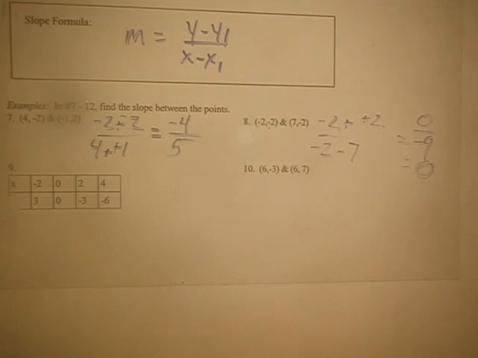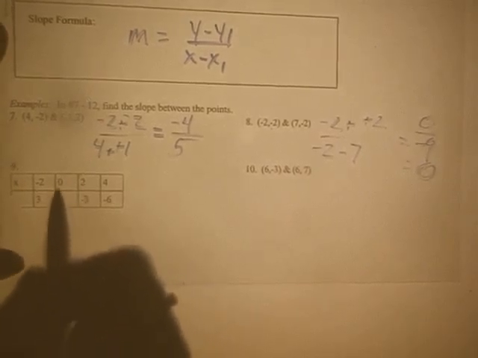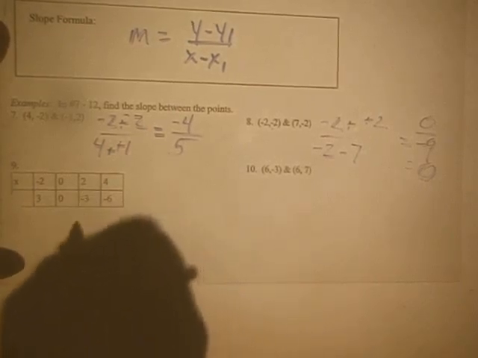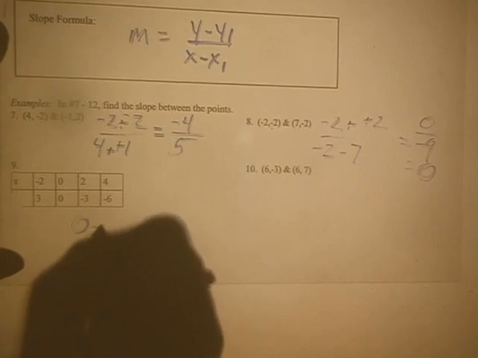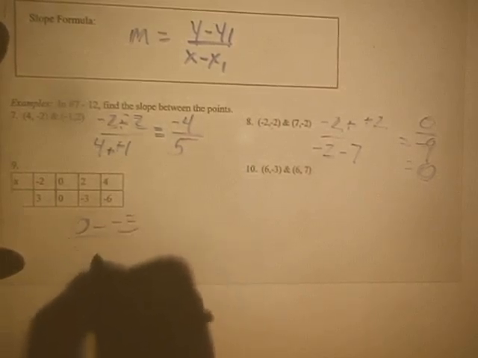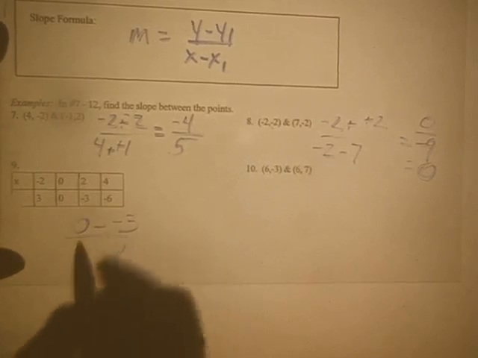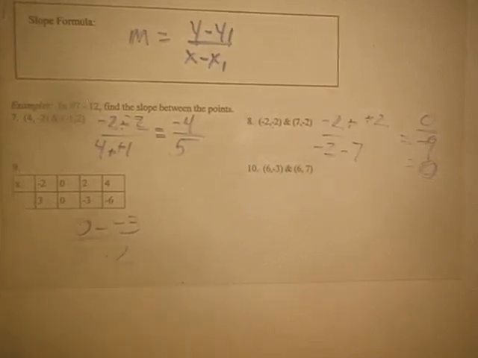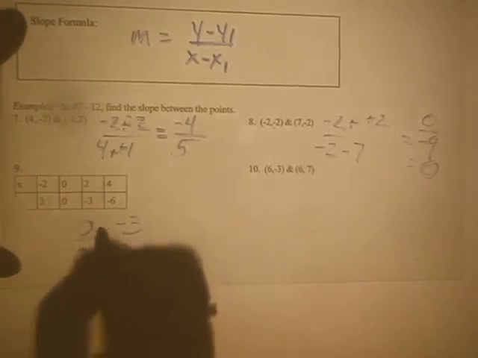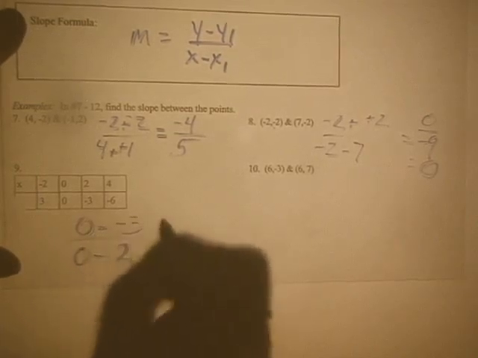Number 9, you can pick any point you want to right there. I'm going to pick the zeros because those are generally fairly easy to work with. And I'm going to do 0, subtract a negative 3 over 0, subtract 2. And if we do 0, subtract a negative 3,